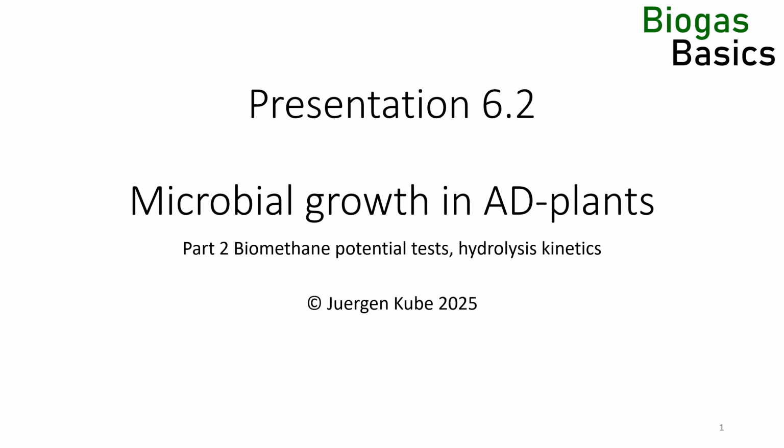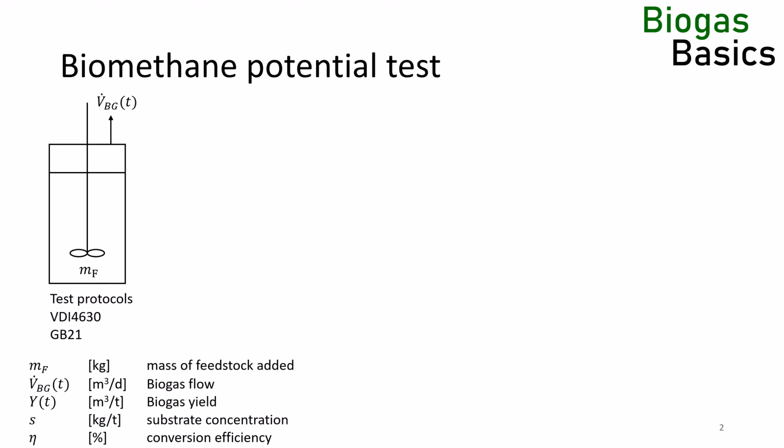In this presentation, we will focus a bit more on the biogas process and how the microorganisms in the AD process grow. One of the best ways to gather information about the microbial growth in a biogas reactor is a batch or biomethane potential BMP test. A couple of protocols have been established for those tests, most prominently the GB21 test, which